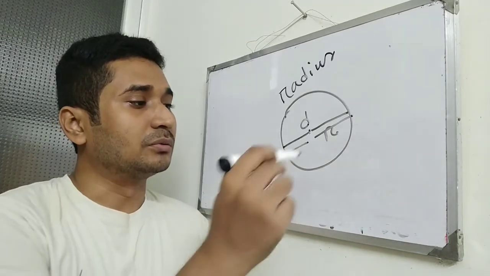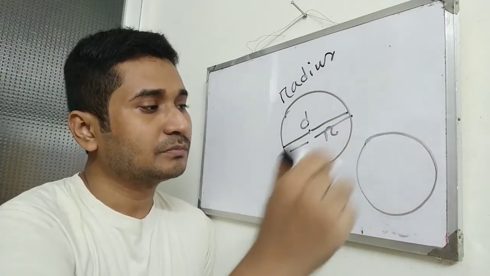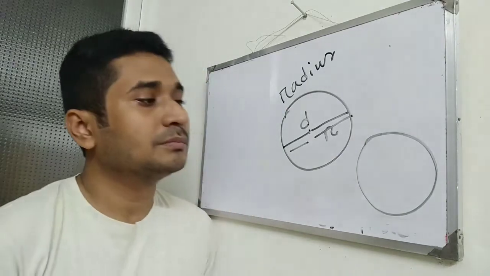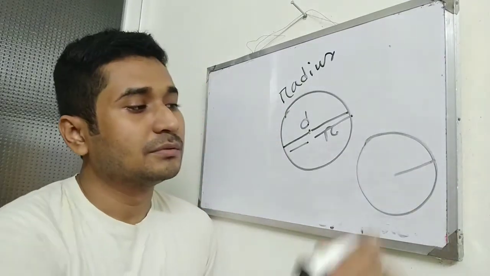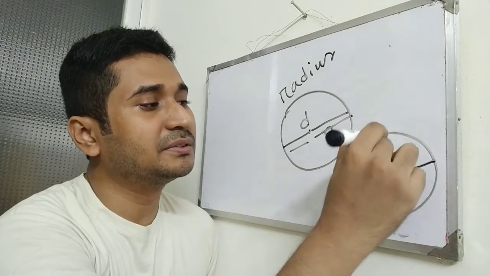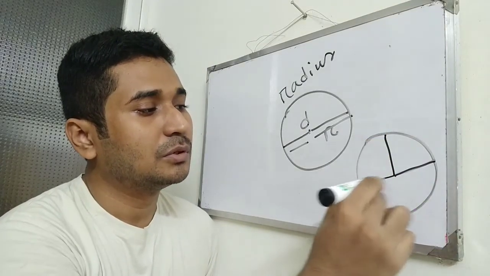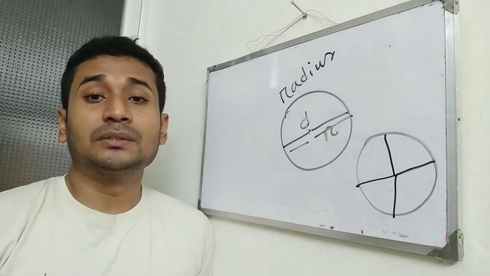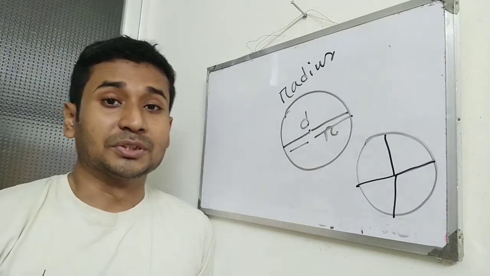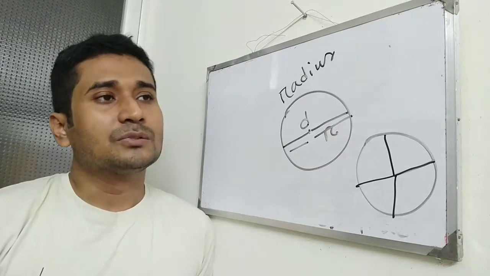All the radii are equal, right? So you have to determine the radius of a circle,